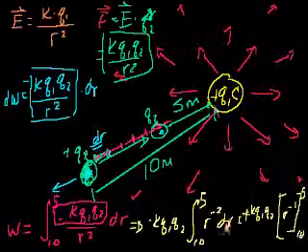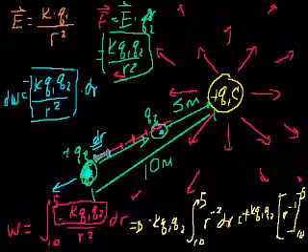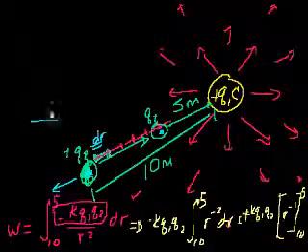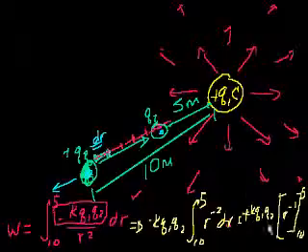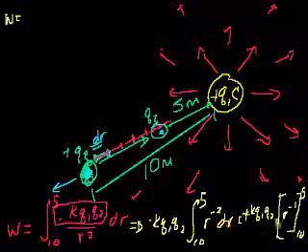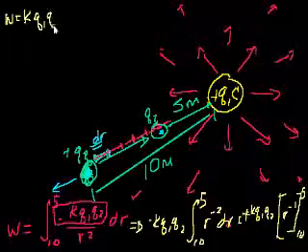Actually, let me erase some of this up here, valuable space to work on. So let's see, we said that the work is equal to, I'll just rewrite that. We had the minus out here, but then we had a minus when we took the antiderivative and they canceled out. So we have k q1 q2